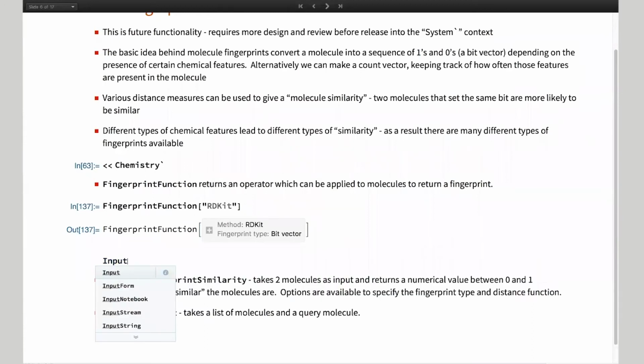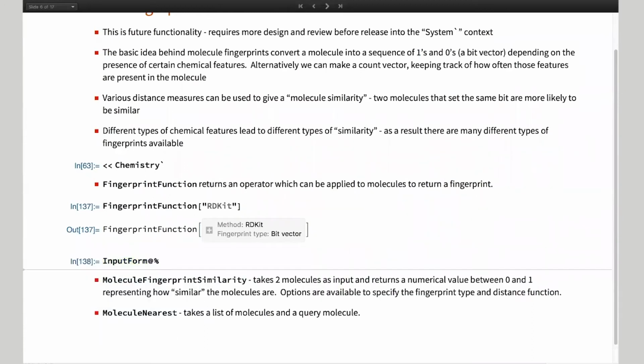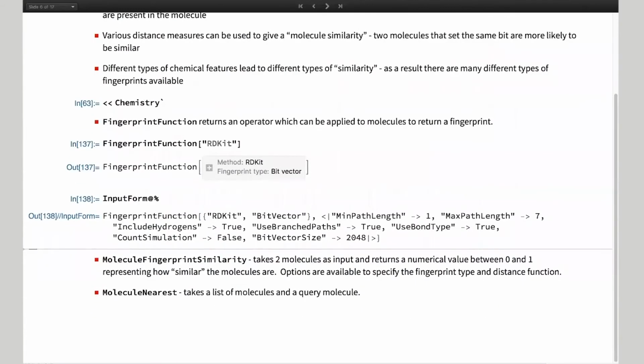If we look at the input form of that, it's an RDKit fingerprint. It returns a bit vector. It's got various options: the minimum path length, the max path length, whether to include hydrogens, whether to include branched paths, and how large you want the resulting bit vector to be,